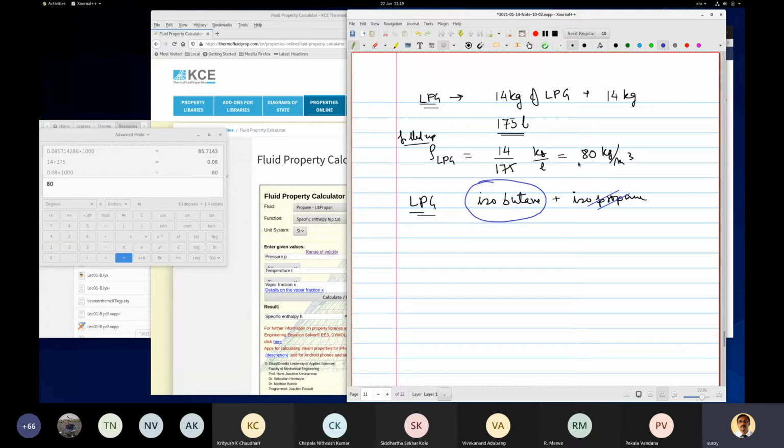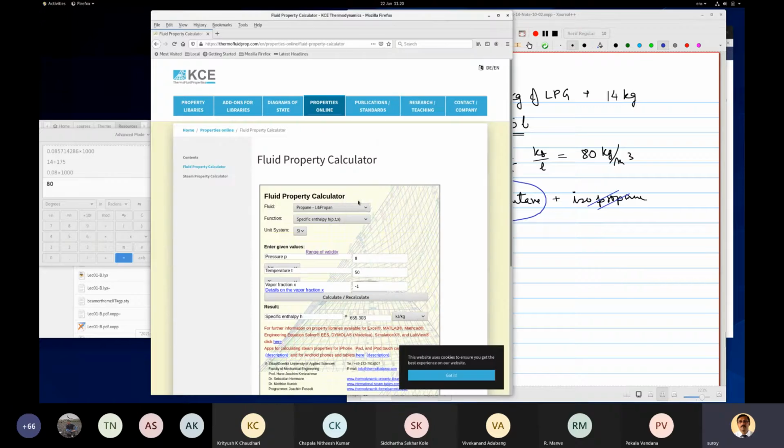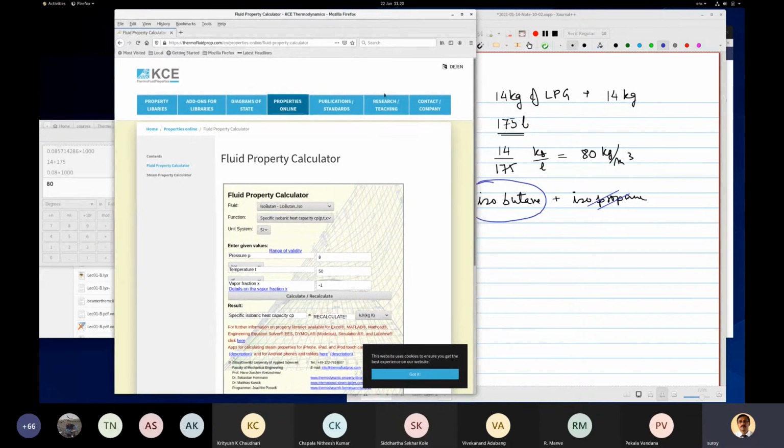So when we receive the cylinder, all these are measurable. You can measure at home. So density is 80 kgs per meter cube. And now let us see what is the state of this isobutane gas that we have, right? LPG. So let us look at the isobutane now. And this is how you do actual problems. So where is isobutane? This is isobutane. Now, what is the temperature here? Let us say the temperature is, say, 20 at home, 25 degrees centigrade, right? So that is the temperature.